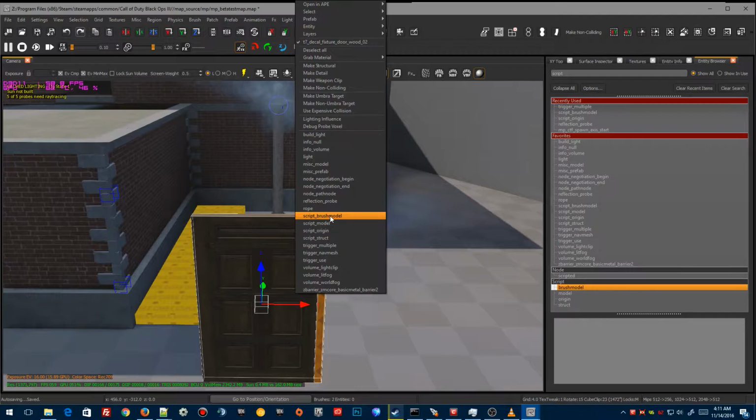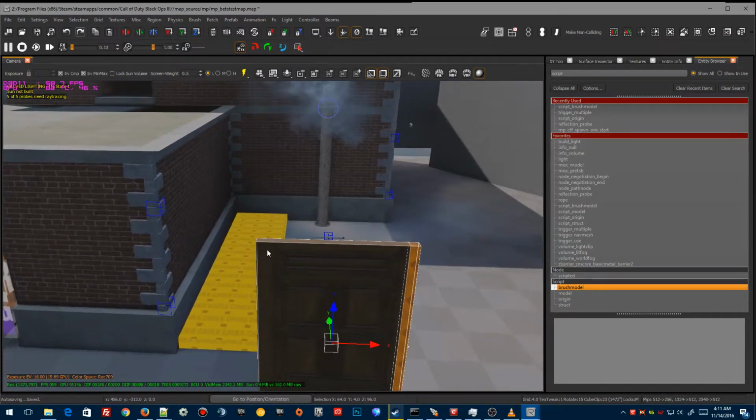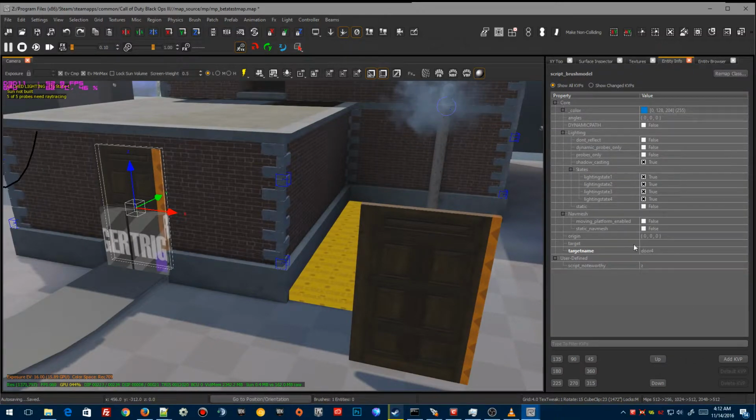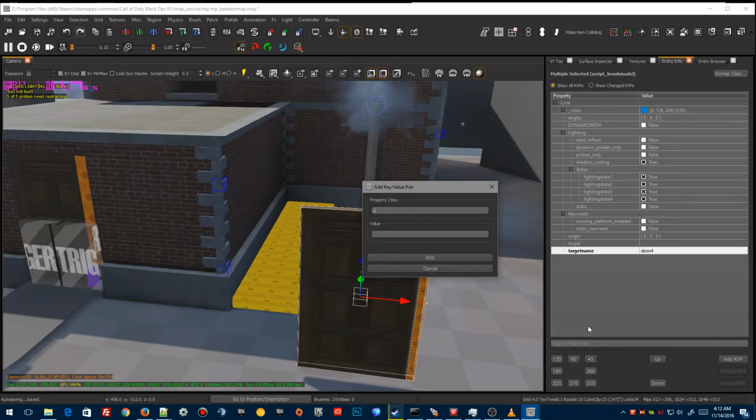Okay, so you want to make these a script brush model because they're made of brushes. And you can see it instantly changes everything. What we want to do now is bring the N key up, and we're going to add a couple of values, just like this one here, the same values we have here, which is targetname door4 and script_noteworthy Z. Just so you guys can see, we select both of these, and targetname door4, and then add KVP script_noteworthy